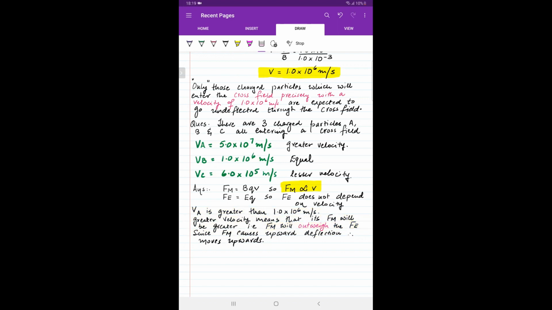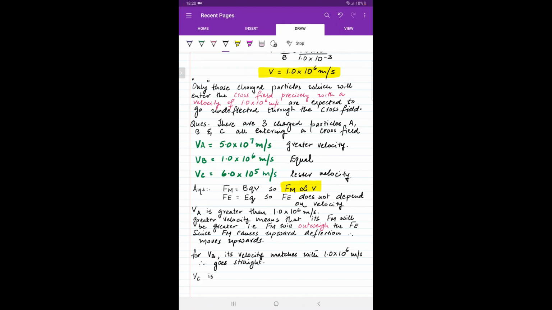अच्छा, आई एम श्योर आप अग्री करोगे, वीबी के लिए ज्यादा लिखने की जरूरत नहीं है। सो फॉर VB, its velocity matches with 1.0 times 10 to the power of 6, therefore goes straight. ठीक है, तो डी वाला स्ट्रेट हो जाएगा। ये आपके पास सेकंड वर्डिंग हो गई। और थर्ड वाले के लिए मेरा ख्याल है आप जज कर सकते हैं ना।